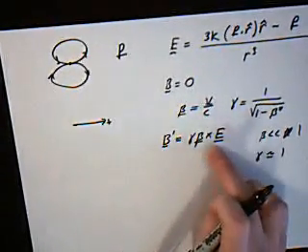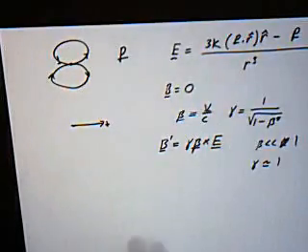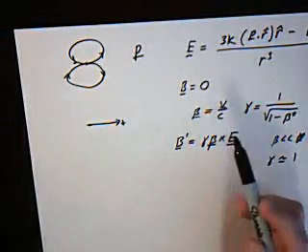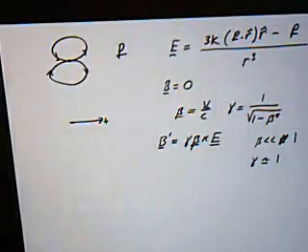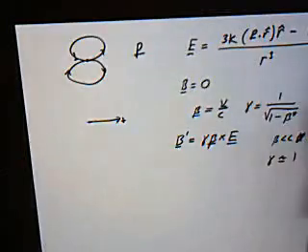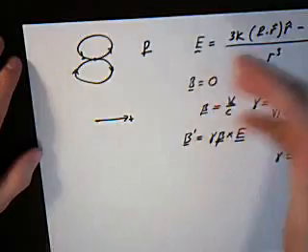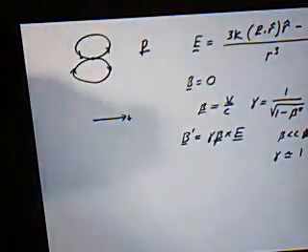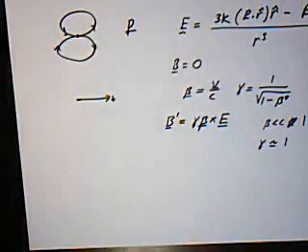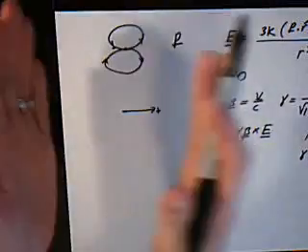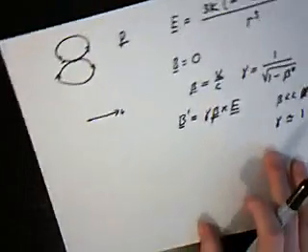Now you can say, well, that doesn't really affect this too much, we can just factor out this gamma up here. Well, that's true for this, but the other thing I have to worry about is coordinate transformations if I'm going to do a proper transformation. What that means is the coordinates change too. The fields are not the only thing that change. The coordinates change in special relativity too, but I don't have to worry about that right now. And so if I say that gamma is approximately 1, then the coordinates stay pretty much the same. Right? Okay, so if I do that,